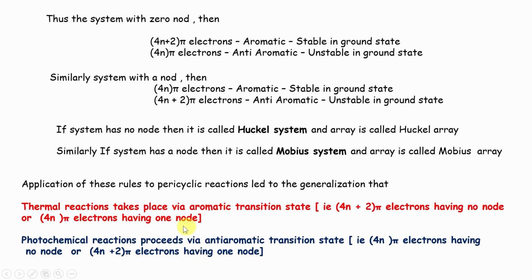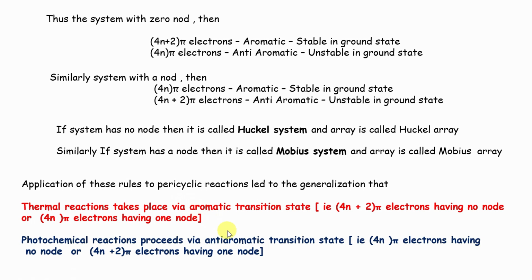And so for a thermal reaction to take place, an aromatic transition state is needed, whereas for a reaction to proceed via the photochemical method, it has to have an anti-aromatic transition state. Or, a thermal reaction proceeds via an aromatic transition state, whereas a photochemical reaction takes place via an anti-aromatic transition state. That is one of the important points in the PMO method or perturbation molecular orbital method or in Huckel Mobius